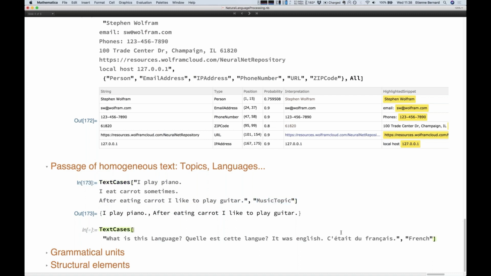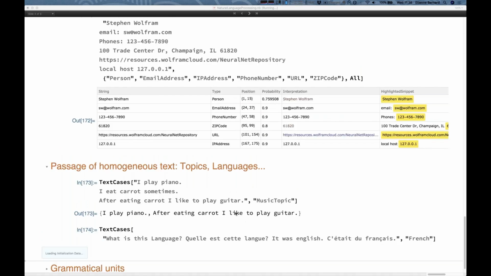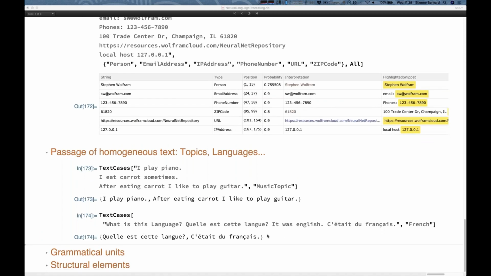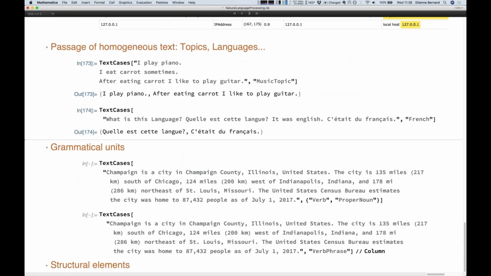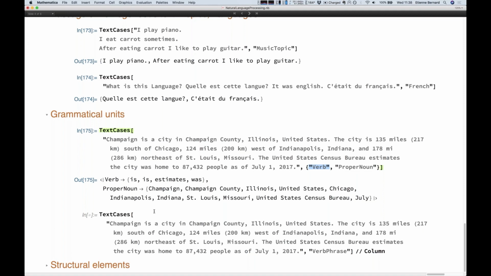And in that case, for input language, I input text that has several languages, and I just want the one written in French. So it should grab this one and this one, if there's no problem. Here you go. It grabs the passages, I mean the parts that are in French. And then we can also do classic grammatical analysis, like finding all the verbs, finding all the proper nouns. You can ask for, I don't know, noun phrases or verb phrases. All those things you can ask as well.